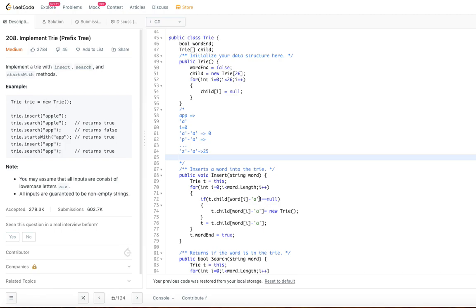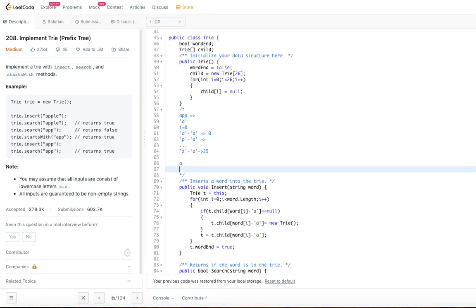So this particular check will verify whether that particular character is already there in our trie or not. If it is not there, we are going to create a new trie node. Since it is not there for a, we create a new node. So we created a new node for the child, and now only the a is assigned, nothing else. So t is equal to t dot child. Our t is now pointing to a, and now i is equal to 1.